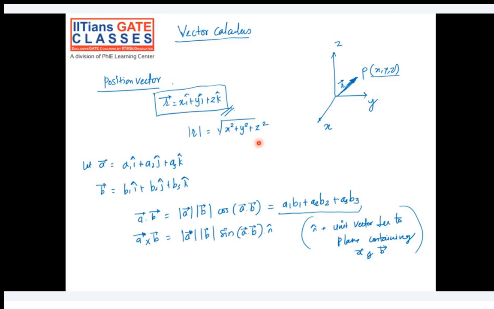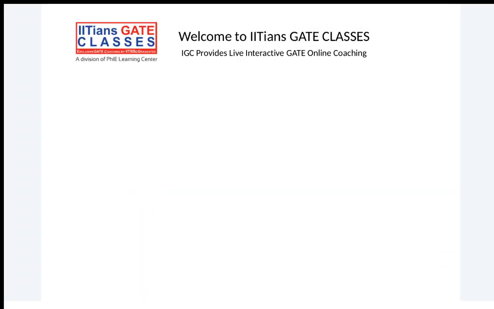For example, if we have two vectors, let's say a bar is a1i plus a2j plus a3k, and b bar vector is b1i plus b2j plus b3k. Then we have a dot product of two vectors and a cross product of two vectors. Basically, the cosine of the angle